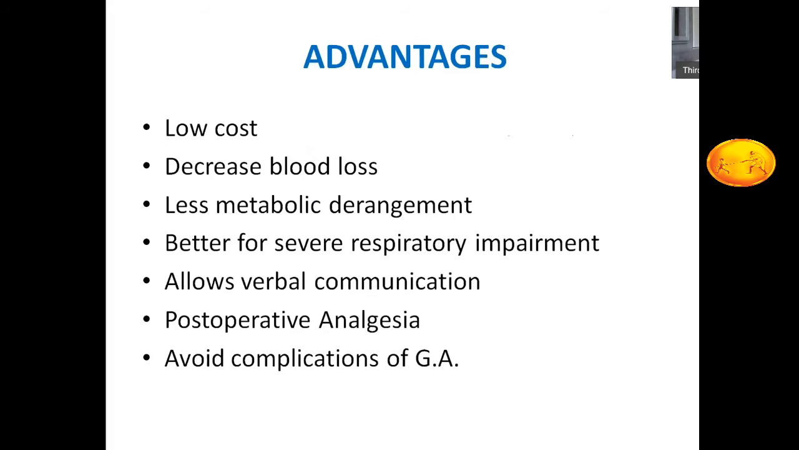Let us see what the advantages of this spinal anesthesia are and why it is so popular. Because it is very cost effective. There is a decrease in the blood loss as there is pooling of the blood inside the veins, and fewer metabolic derangements. There is no polypharmacy as we are administering a single drug. Spinal anesthesia is very good for severe respiratory compromise because we are not handling the respiratory component at all during the spinal. It allows very good verbal communication, so the patient is comfortable, the patient is not unconscious when we are administering the spinal